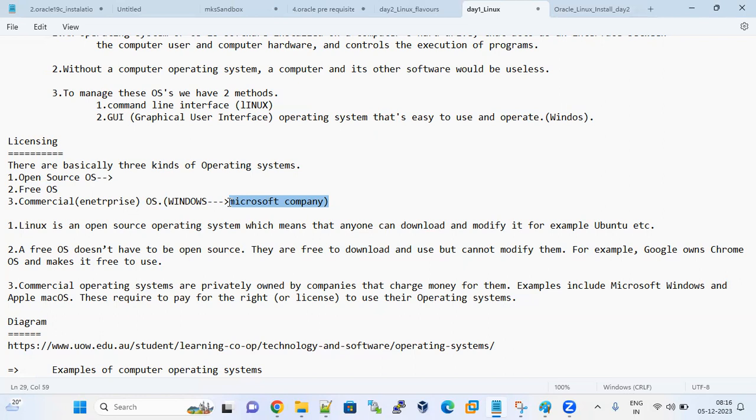If you pay this much amount, you can get the license. While using this Windows operating system, if you face any issue, Microsoft company will support. That is how the licensing will be available. There are these kinds of methods. One is open source, no need to take any license. But when you are using an open source operating system, if you face any issue, we only fix the problem. But here, yes,